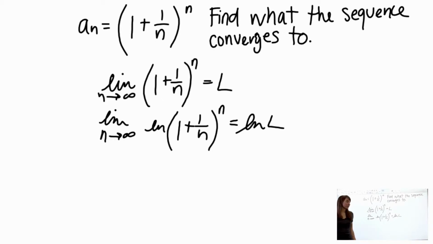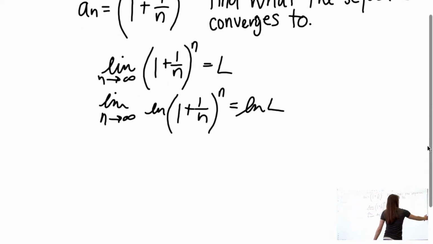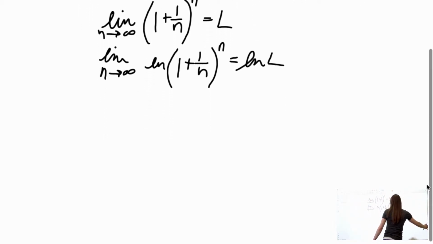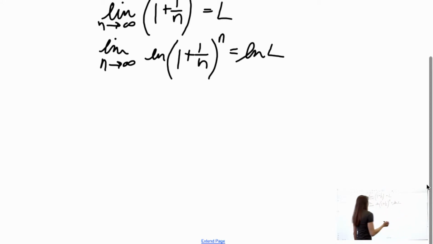So we get that. We still can't really do anything, but now we can use properties of logs. So we can bring this n down. We can have the limit